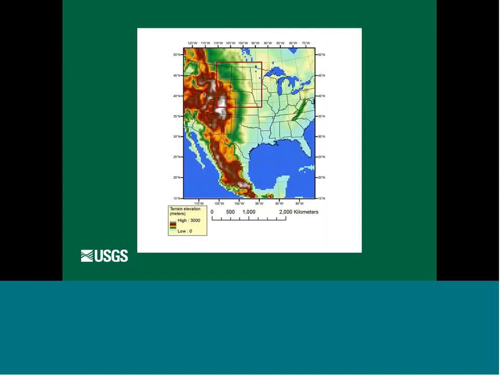We also did this 12-kilometer run, and when we did that, just to have it run in a reasonable amount of time, we had to pull in the edges a bit. And so we got a 36-kilometer run showing this full area, and then in this red rectangle, we've got a 12-kilometer run.